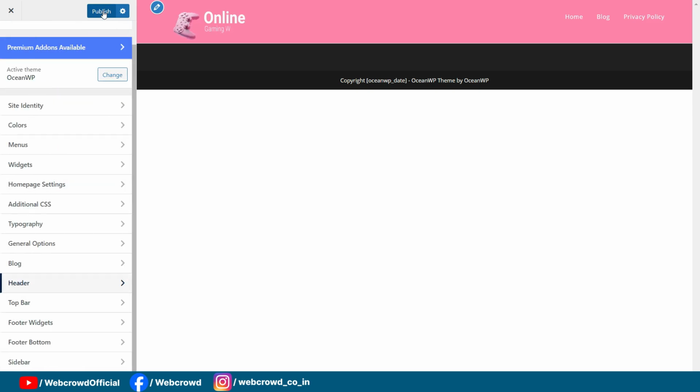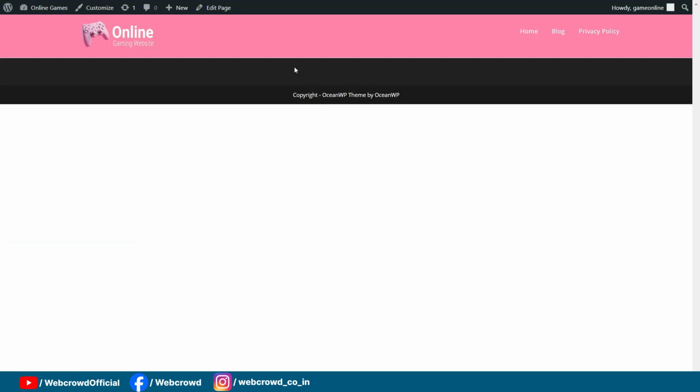Now click on publish and close this customize page. Okay, now we'll move on to the next step, and in the next step we will design our footer area. To design that footer area, just go to the dashboard